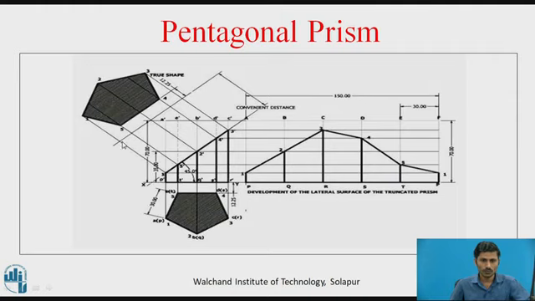So from this point of intersection, we need to transfer the height below xy up to the points 1, 2, 3, 4 and 5. So transfer these points here. Point number 1 is at this much distance. Since it is point number 1 in this projection, transfer this height from this point, so we will get point 1 here.